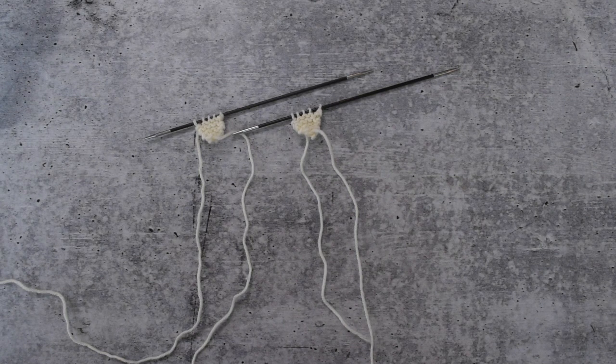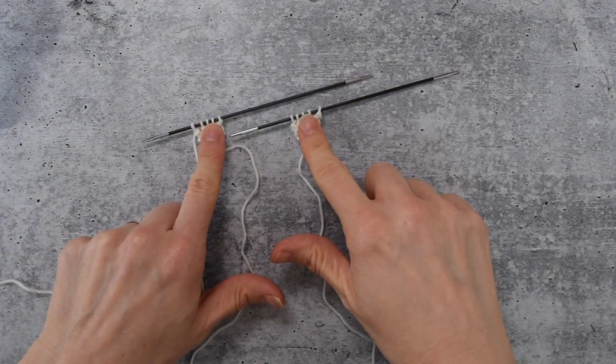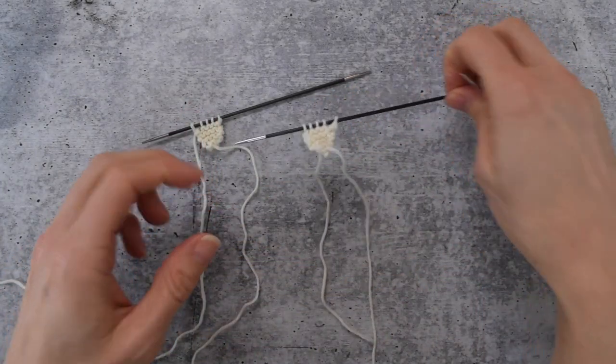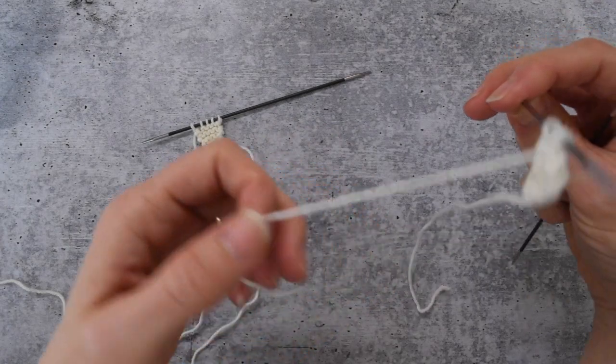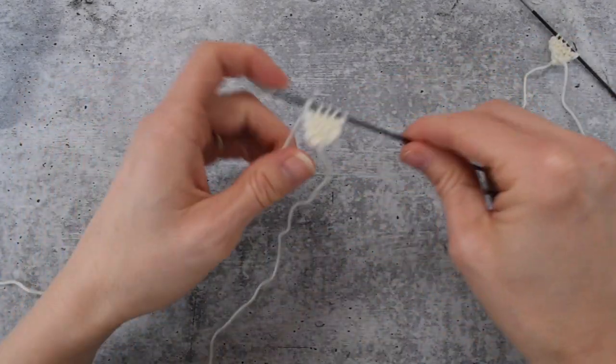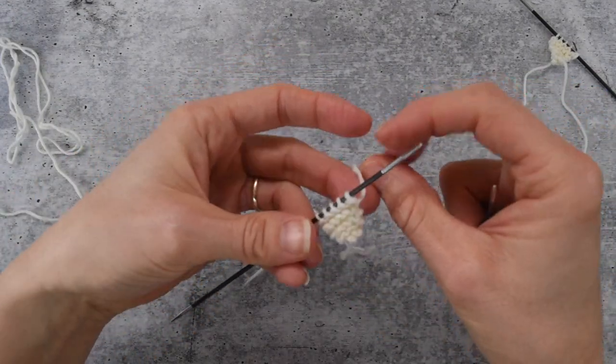Today we're going to be talking about the knitted cast-on, in the context of making ear flaps attached to a hat brim. So we've got two ear flaps, the first one that we worked, and then we broke the yarn, or cut the yarn, and we're just going to put that aside for the moment. And with the second ear flap that still has the working yarn attached, we are going to simply knit the